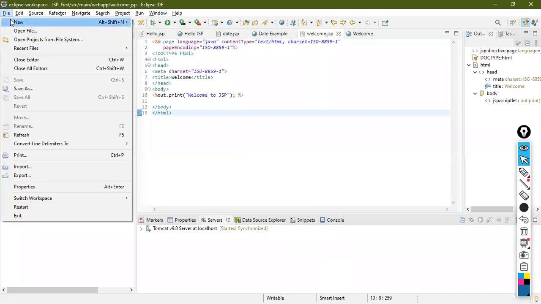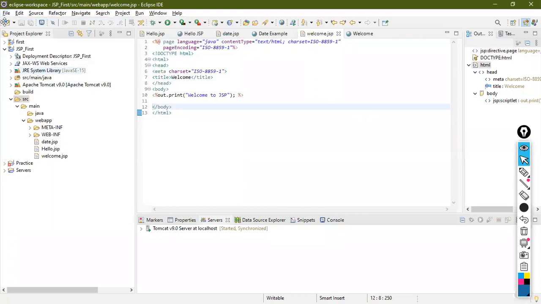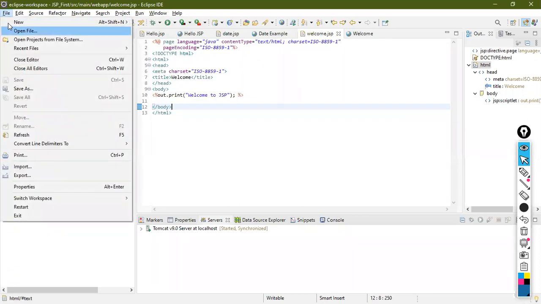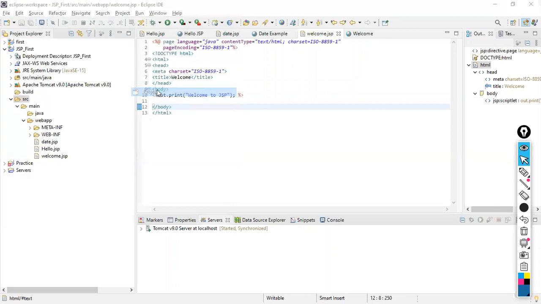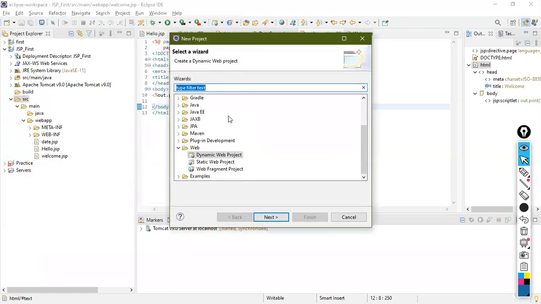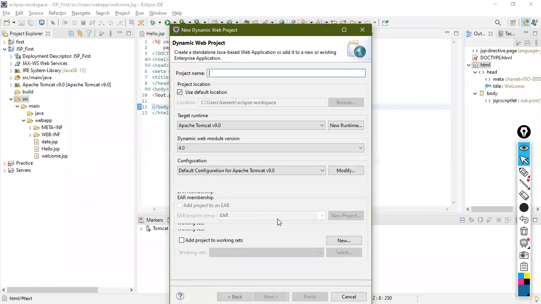So you install the Eclipse Enterprise Edition, go to file, new, and come to project. Here you will get so many projects. Go to web project, click on dynamic web project, and click next.